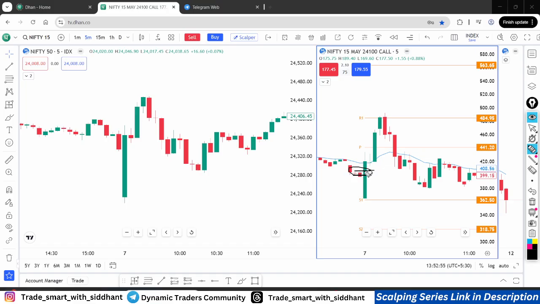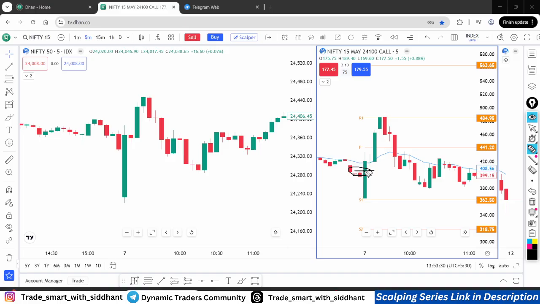If it's above your entry level, you have to be in that trade. But if it comes below your entry level for more than 2 times, means 3 times, you have to exit the trade. Why? Because we are entering in the running trade. If our leg slips while entering in the running trade, we have to quickly cut the trade wherever it is, at entry level or 5 points minus, because we are entering early, means the level has not yet sustained, the level is not yet closed, means the level is not yet activated.